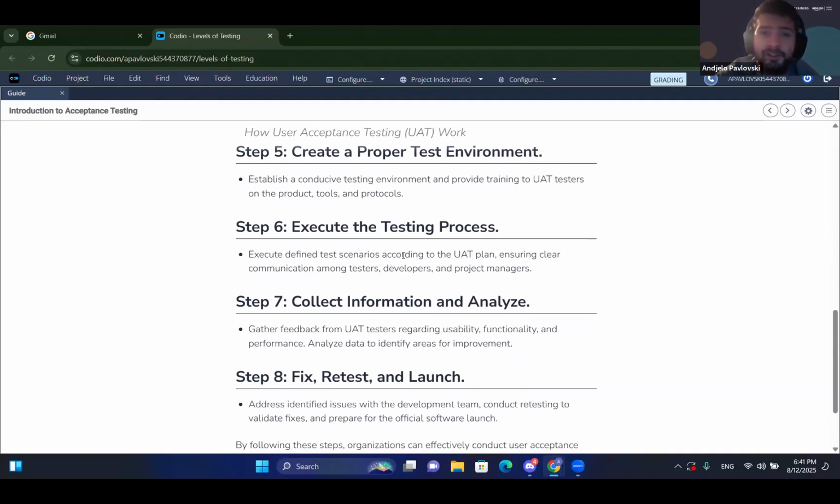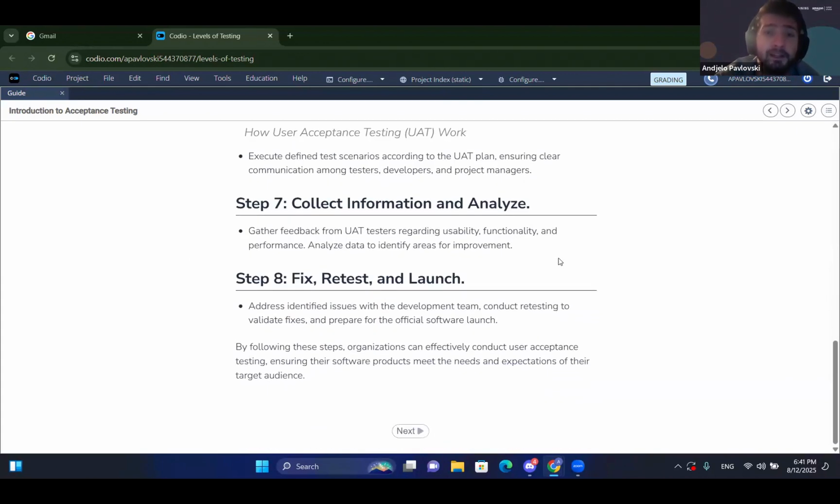Then the execution of the testing process commences. The scenarios that have been defined are executed by the people who are taking part in this. Then the information is collected from everybody who took part, so there is feedback provided from everyone's side. This could get chaotic from time to time. People would like to have a group chat, which has been the case on one of my projects, and then everybody just writes all the issues that they've gathered